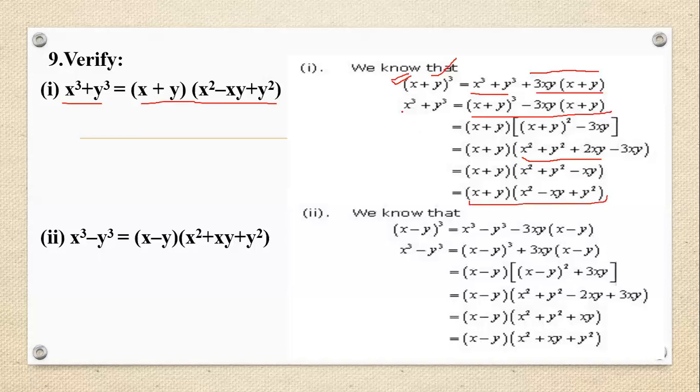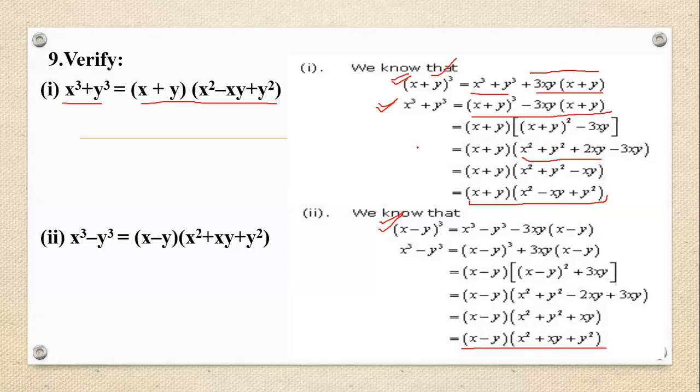So we have started with the LHS and we have shown the RHS. That means we have verified our question. Similarly, for the second part, we started with the difference (x minus y) raised to the power 3. That's a binomial, and again the identity got rearranged and we have solved the LHS and brought out the RHS. So you can understand both parts very easily now, how we have to use the identity, rearrange it, and verify the LHS and RHS.